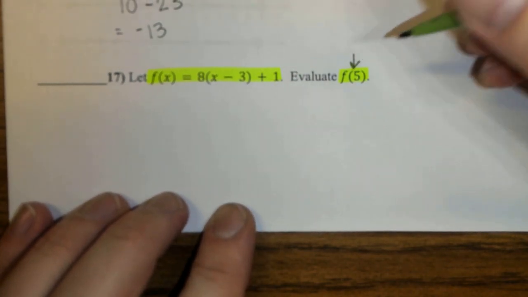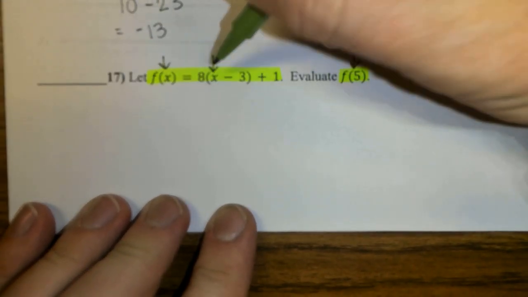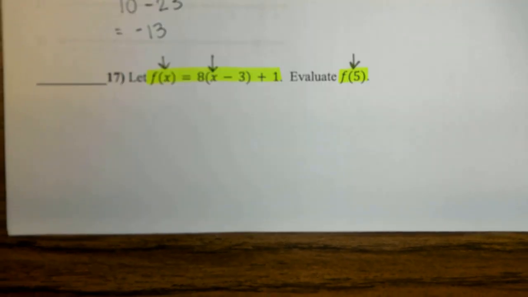I'm going to take my number right here, and I replace every x with that number. And then I solve for some answer. Okay? That's all I'm doing. Same thing, over and over again. It's like repetition, which I know might seem boring, but if you know how to do it once, you can do it 4 or 5 times on the same test, which means you should get all those questions